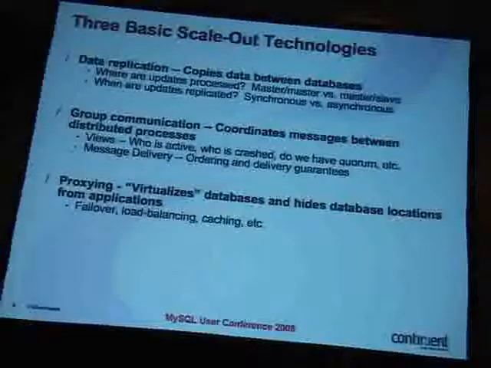It's master-master, which means you can basically send your writes to any of your database nodes. Master-slave means it goes to one and it's propagated out. There's also differences in when they're replicated. So, for example, synchronous versus asynchronous. These have performance implications. For example, if you're looking at master-slave, one of the performance questions you have is what